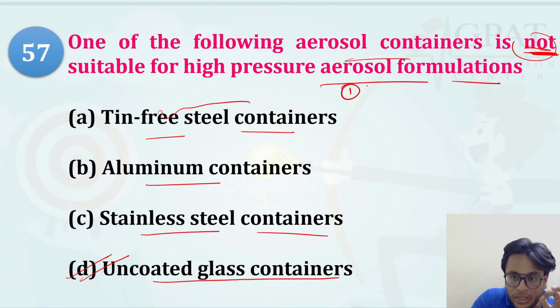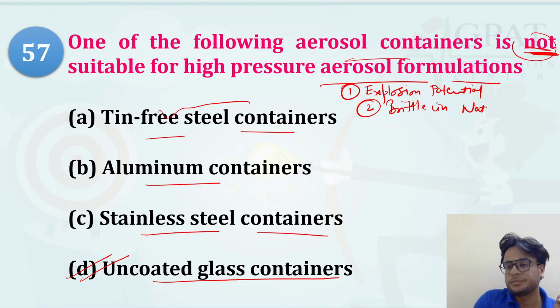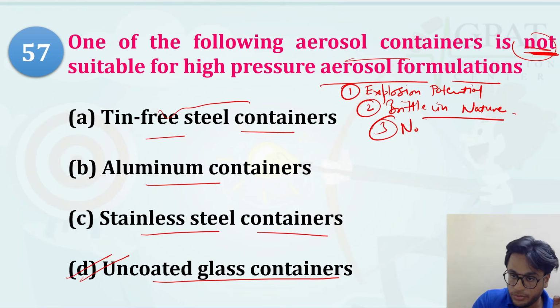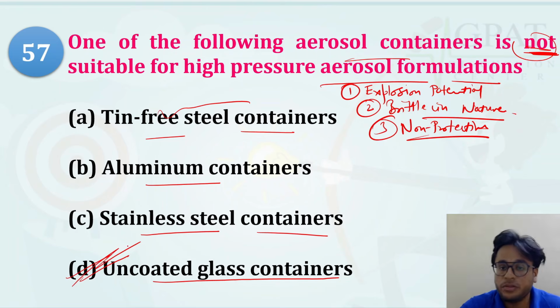Firstly, it is uncoated, so an explosion hazard is associated with it. The second thing is that it is particularly brittle in nature. And the third thing is that it is non-protected as it is non-coated. So the uncoated glass container is not used, and it is very brittle because it is mainly made up